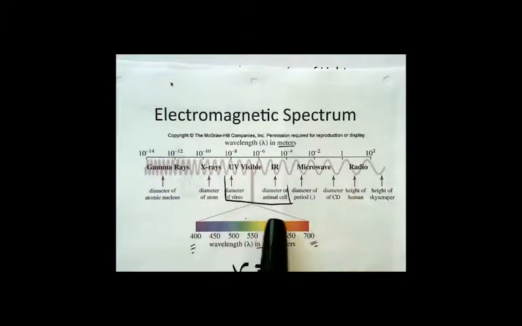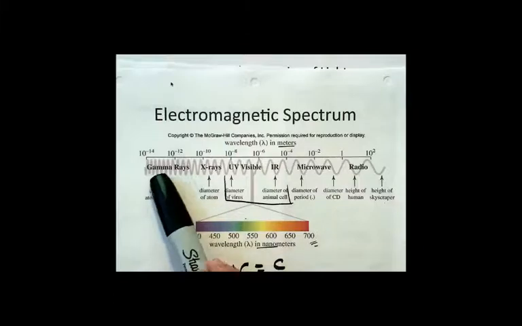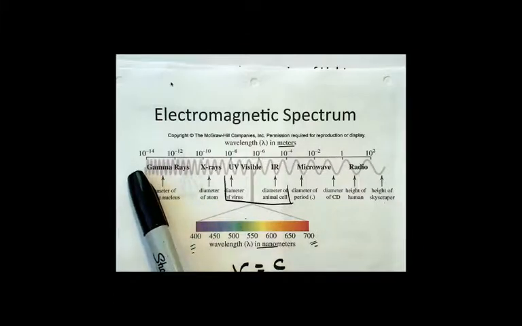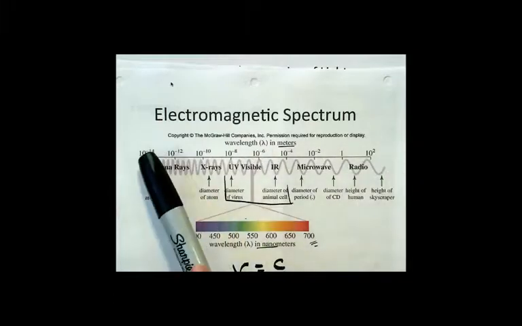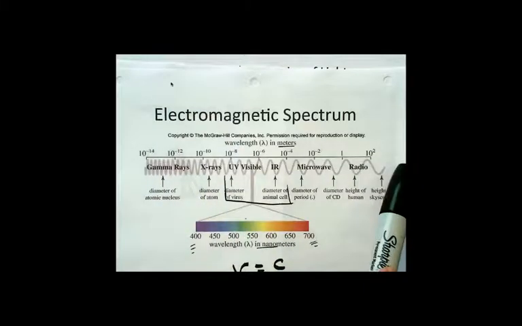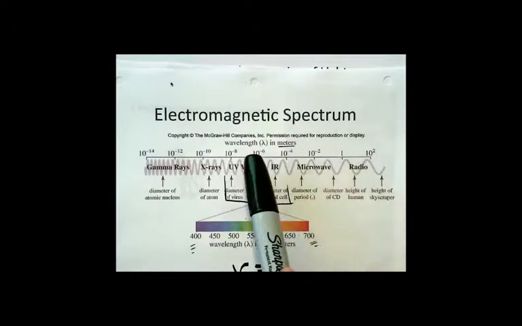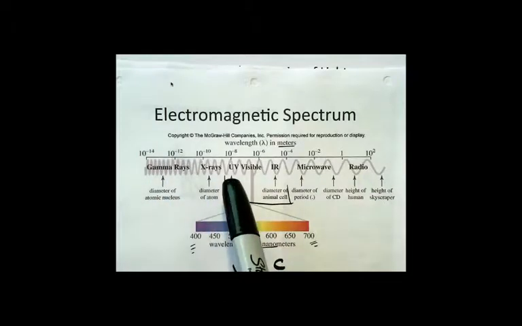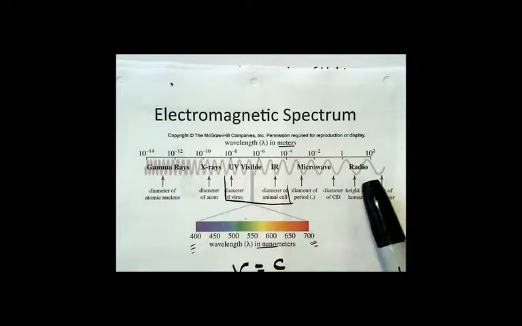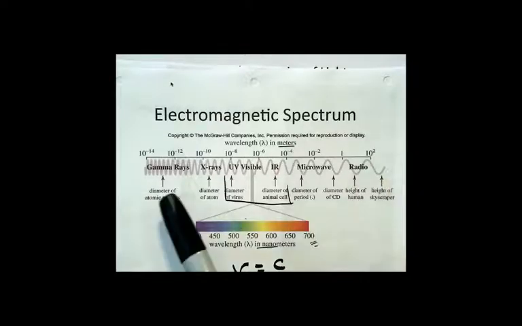What we were just looking at was a little portion of it, the rainbow part of the spectrum, which is the visible light broken down into its individual wavelengths. But going from 10 to the minus 14th to 10 to the 2, that's from very, very short wavelengths to on the order of 100 meters from peak to peak or trough to trough. And you can see the different portions of the electromagnetic spectrum have different names. So you've got radio waves down here, the very, very long wavelengths, and you have gamma rays down here,